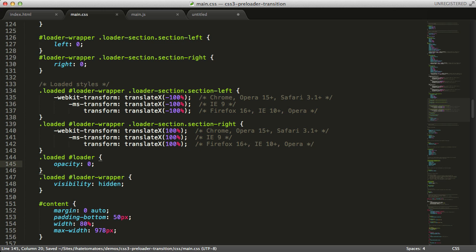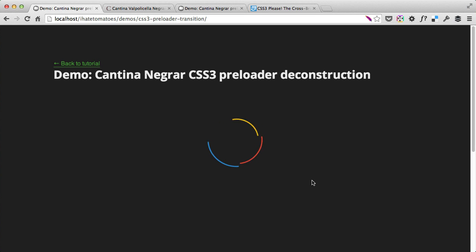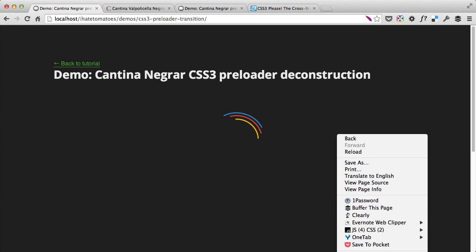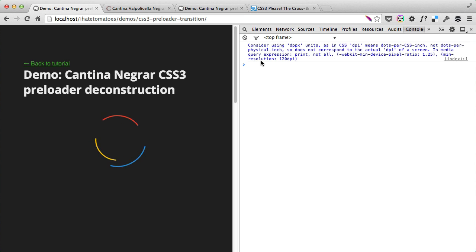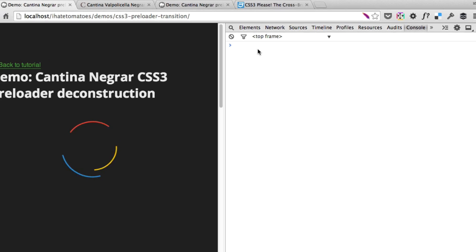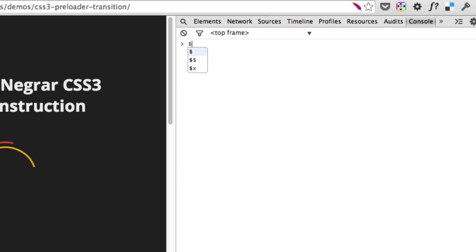Let's view it in a browser now. If we refresh the page, we'll see that nothing's happening because we don't have the class loaded on our body. So we'll just fake it for now, going to the console, and we're going to write a little bit of jQuery. So we're going to target the body. So $, opening, closing quotes, and body. So that's how we target the body element. We're going to add class loaded,